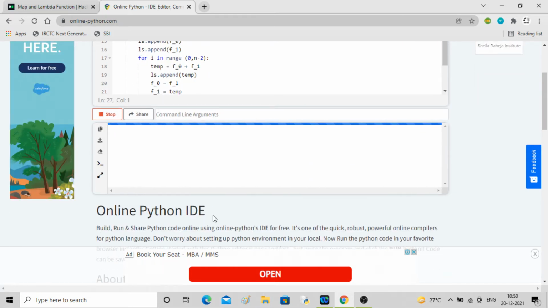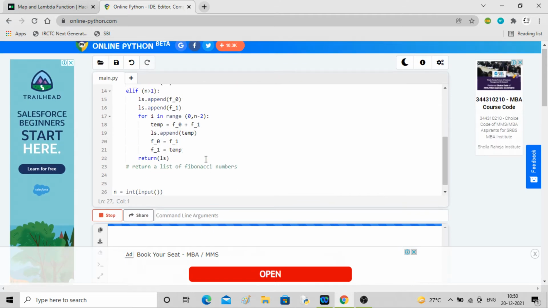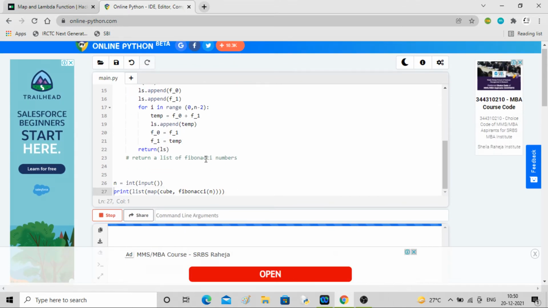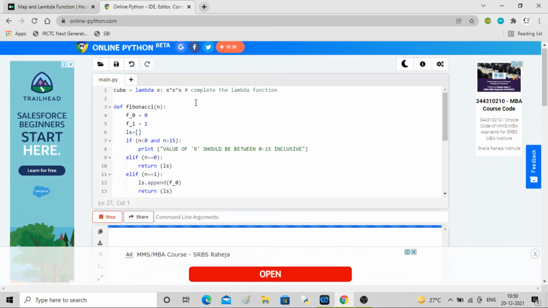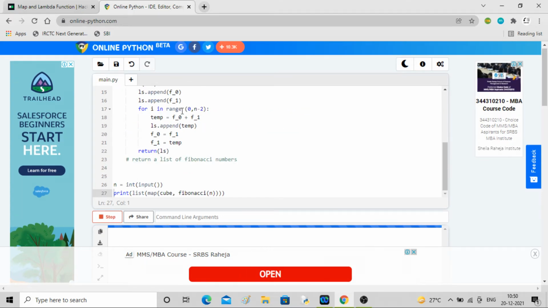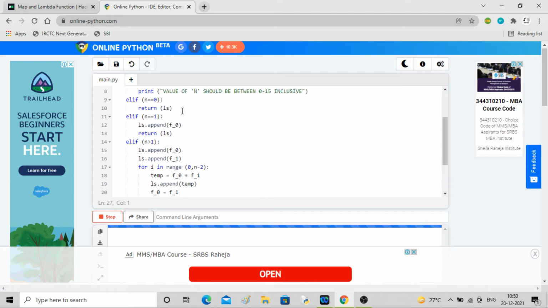Why is it not running? It seems correct to me. ls.